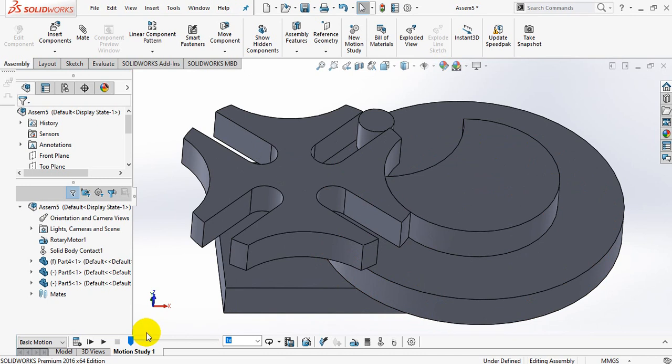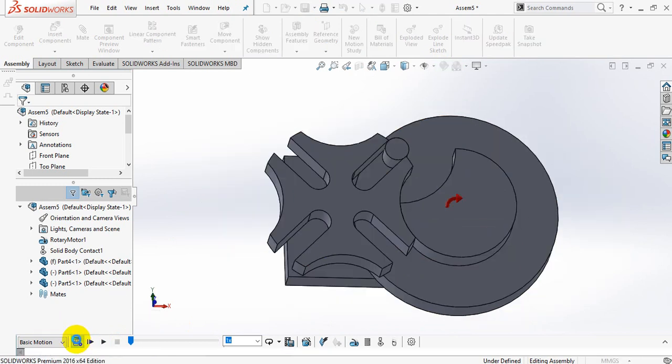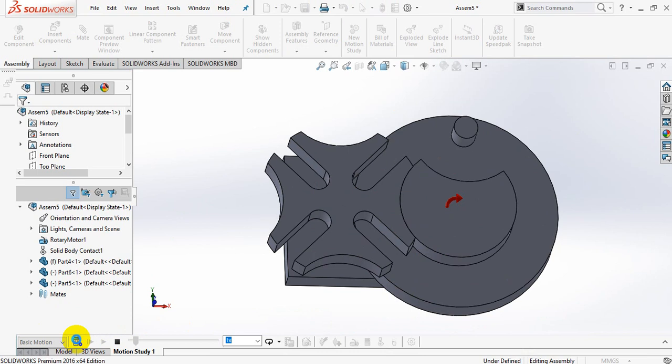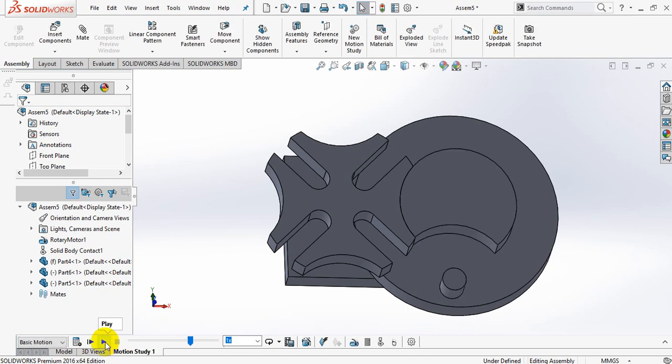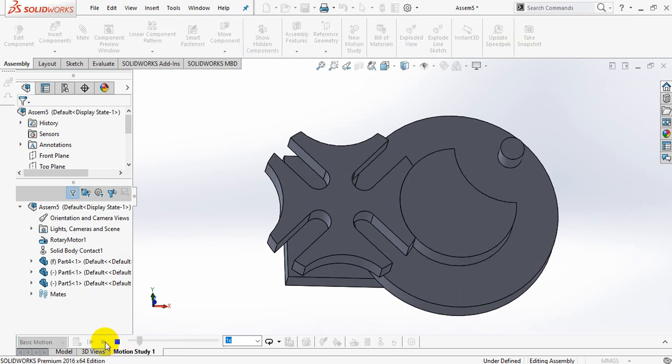Now simply select the Calculate tool, because whatever motion or analysis we have given will be calculated as per the profiles and will move. Calculate. Just wait for some time, it will show some result. It's a little fast, so I will pause it. And I'm selecting Play. See here. Got it? The Geneva mechanism.